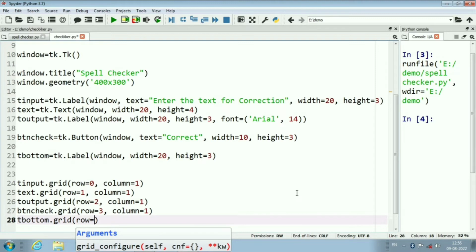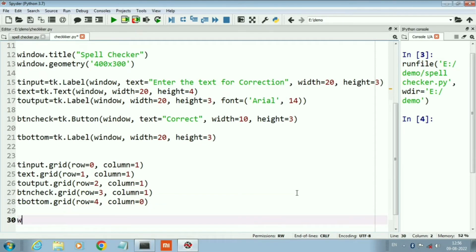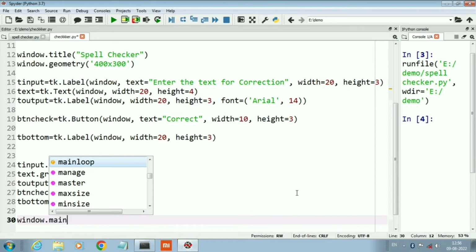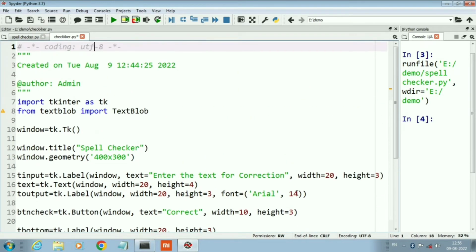For the bottom, we will give row 4 and column 0. Last command is window.mainloop that will run our application.